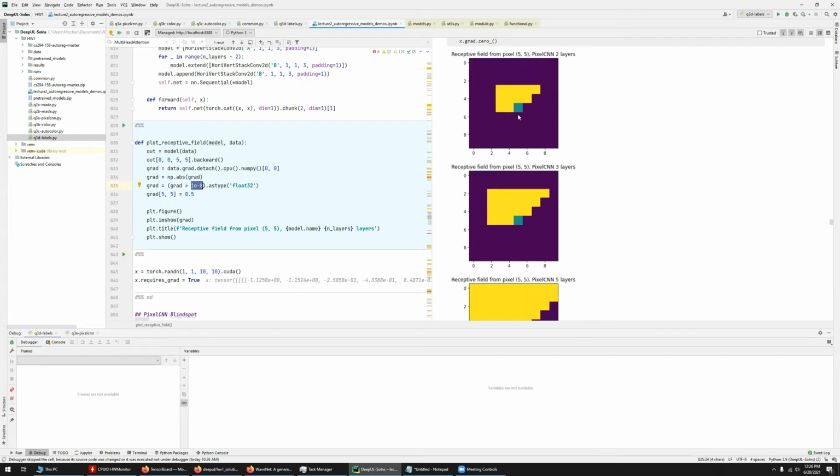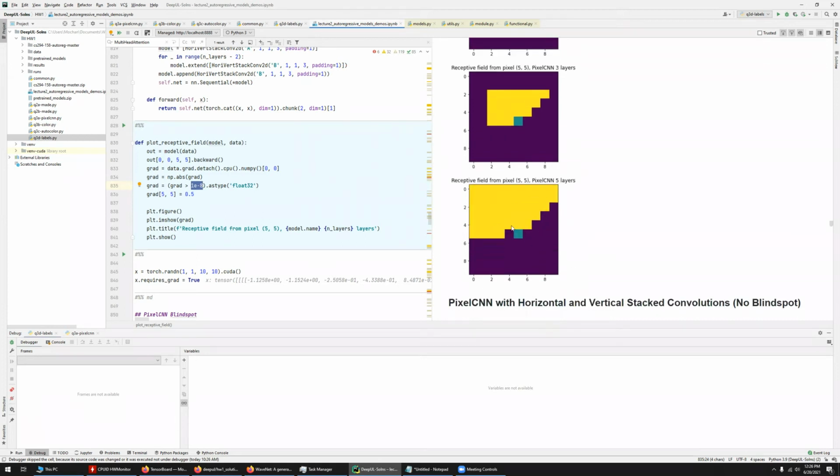In the first two layers, it can't get to most of them. In the second layer, it can get to most of them. After 5 layers, it can get to all these different ones, the receptive fields, but it can't get to any of these ones. So that's a cool way of showing the blind spot. No matter what happens with just the convolutional network and the masking, the effect is to create a blind spot